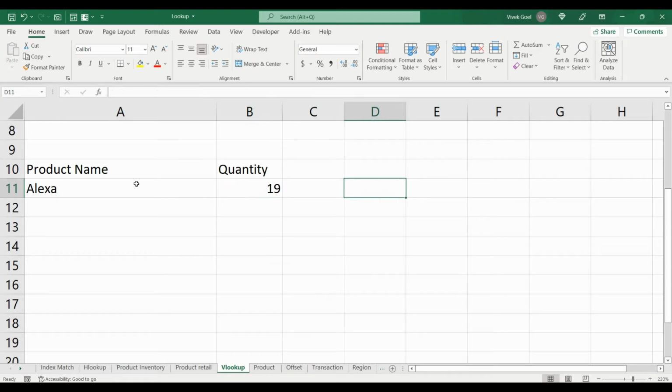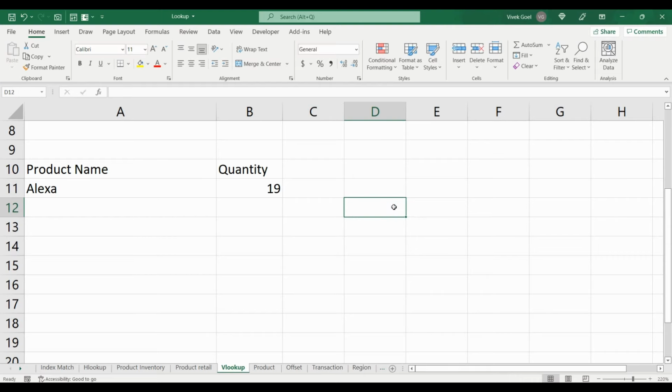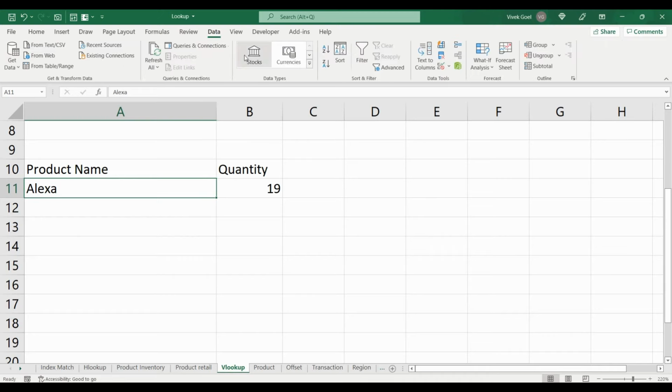There is an advanced XLOOKUP function available in the recent versions which solves a lot of problems that VLOOKUP cannot handle easily. We will learn about XLOOKUP in a future video of this series. Meanwhile, let's see how we can ensure we only search for products that are available in our list. For that, we can use data validation on our input values so that we only check for items that are present in the list. For that, let's go to our data tab